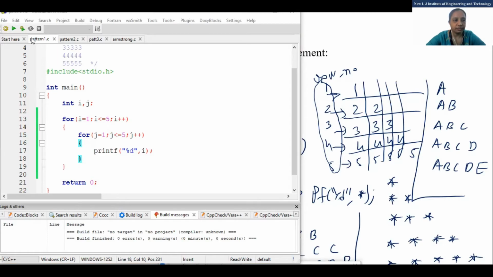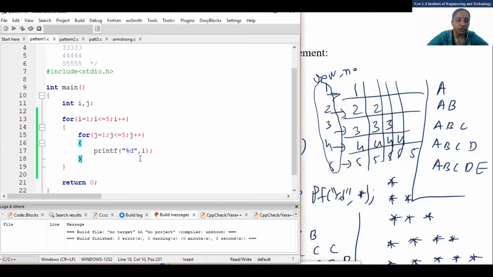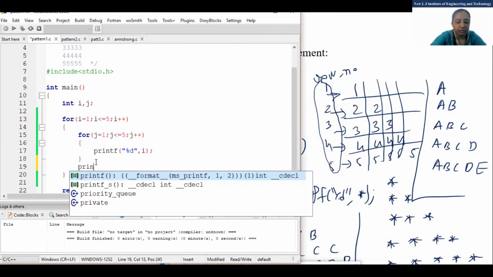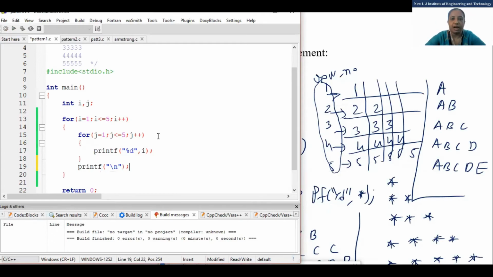Fine. Okay. Yes. See, all are printing in one line. Output is correct, 5 times 1, 5 times 2, 5 times 3, like this. So what should I do now? Because after this one, I want slash n. After this 2, I want slash n, right? So what I'll do? I will write a printf with slash n after the inner loop. Compulsorily you need to write the slash n after the inner loop. Then and then you can get the output in which way you want. Clear what I am asking?